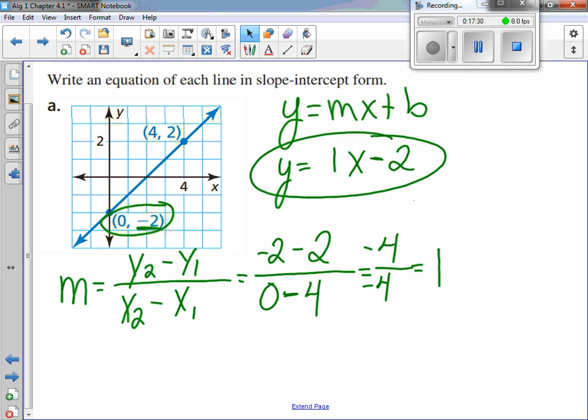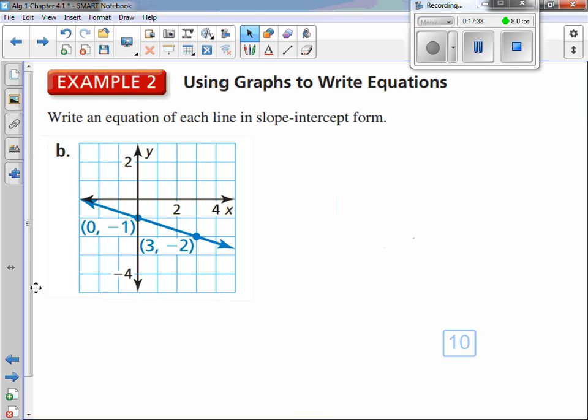Any questions on this here? Any questions on anything we've done so far? Do we need to see another example of one of these here? Do we feel comfortable with these here, using the equation or the line to find the equation? Yes? Okay. If we feel comfortable with this here,